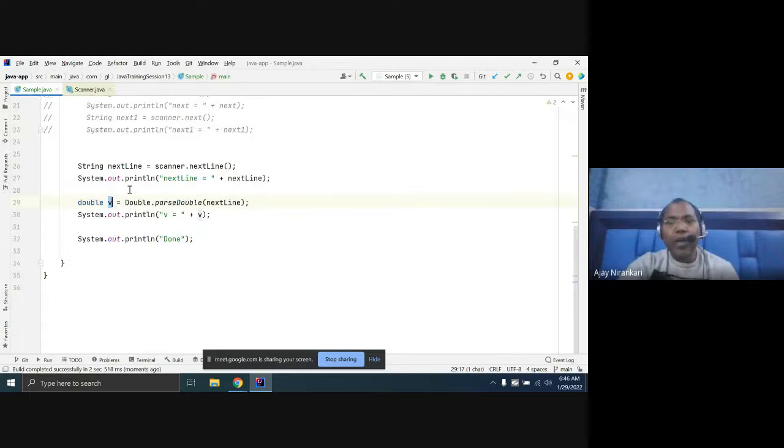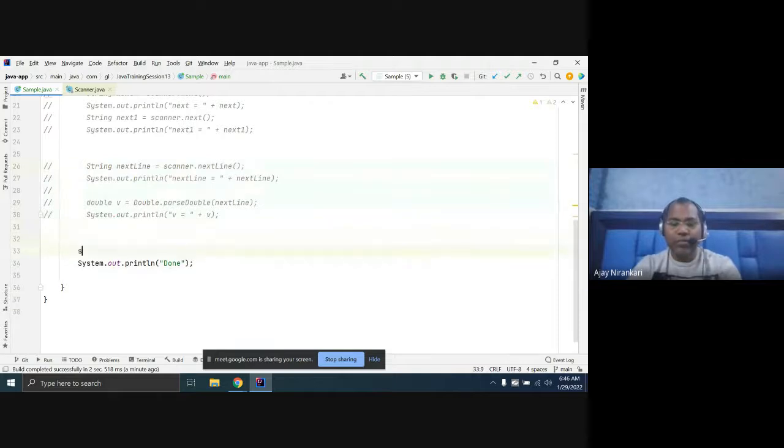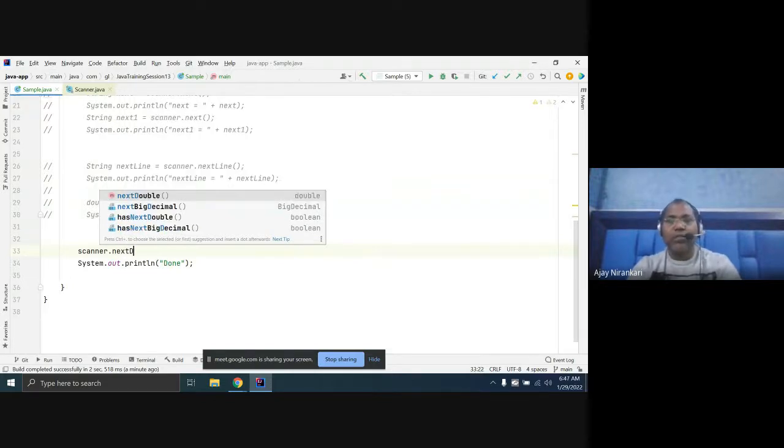So instead of writing two lines of code, why not say to the scanner, please give me the double? This is the best option. Let's comment out here and say scanner.nextDouble.